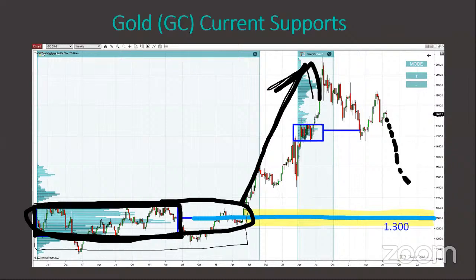But when there is a pullback at some point in the future, and I'm not saying this is going to be this year or the next year, maybe we'll wait 5 years, I don't know, nobody knows, so you need to be patient. But if gold drops to this price level, then there will be this huge support, those massive volumes. And I bet that the price is going to react there. All right, so that's my long-term prediction on gold on the weekly chart.